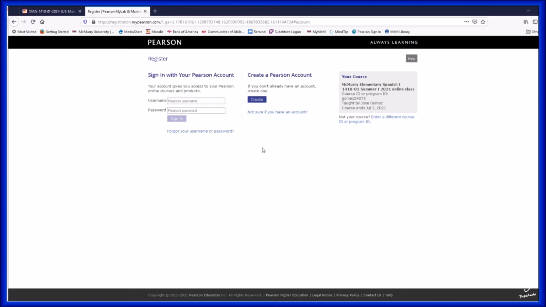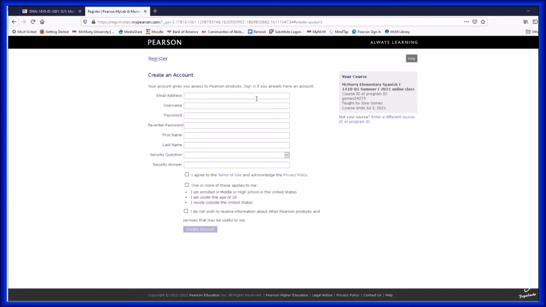If this is the first time you are going to access Pearson, you have to create an account and then complete all of those steps. Agree, and the class that you're going to register in is McMurray Elementary Spanish 1 for summer, or it could be fall or spring semester, depending on the semester you are taking this class.